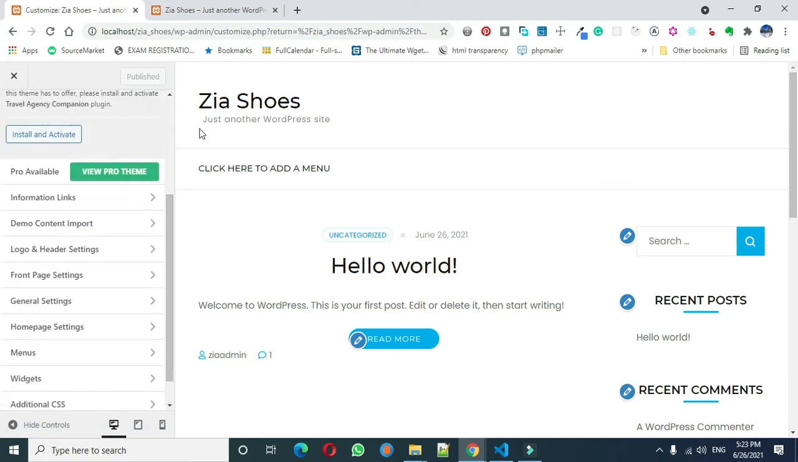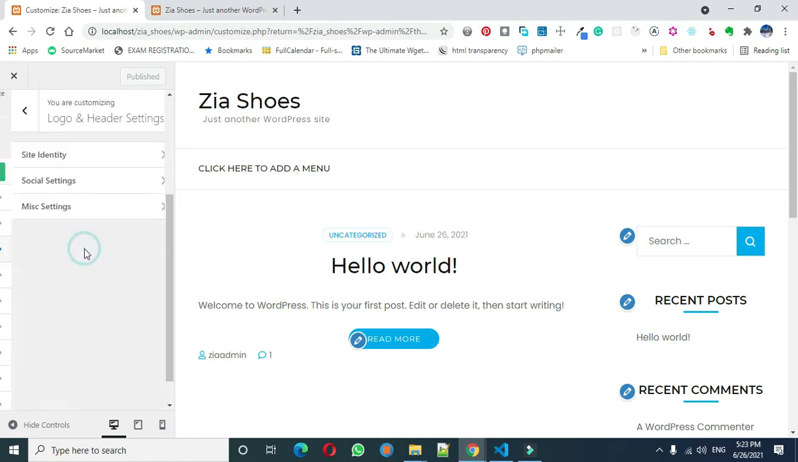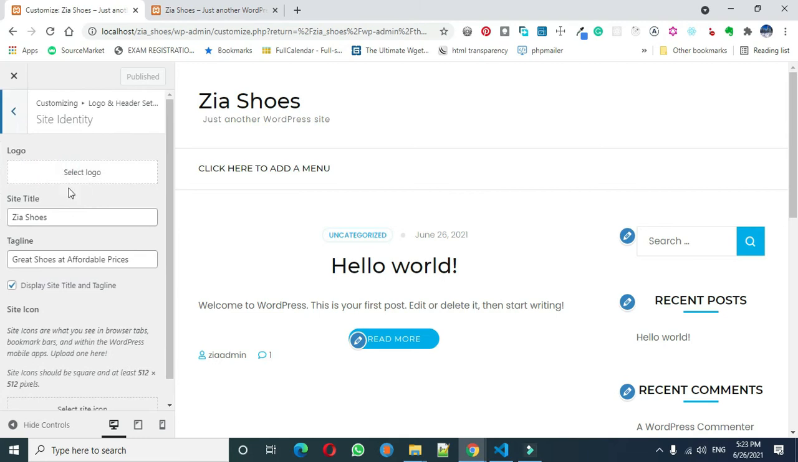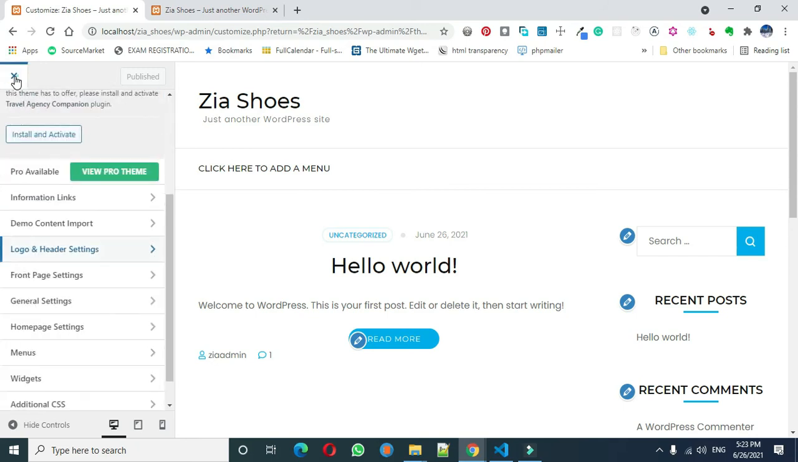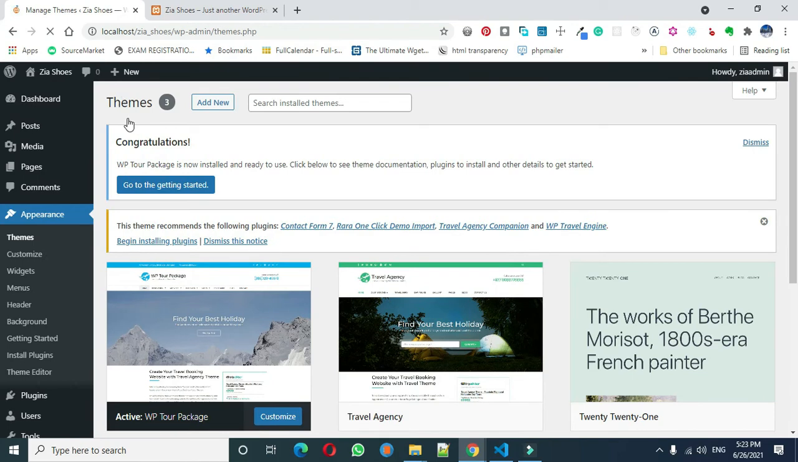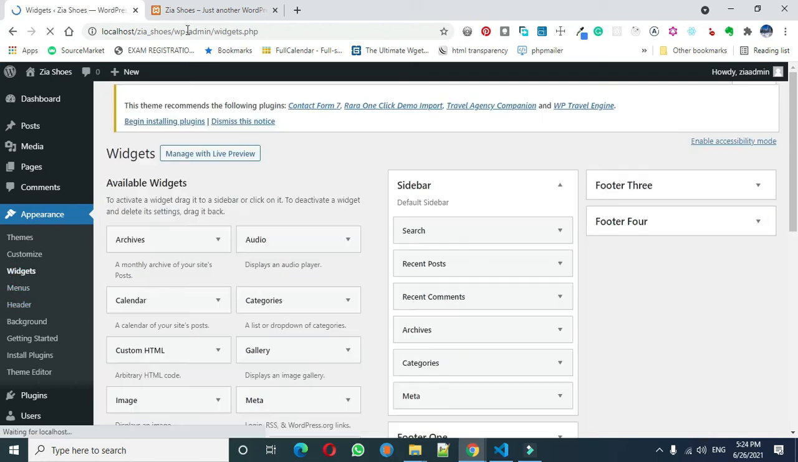Made a change here. Get out of here. Then back to the dashboard at the back end of the website. Yeah, so widgets, you can add widgets to your